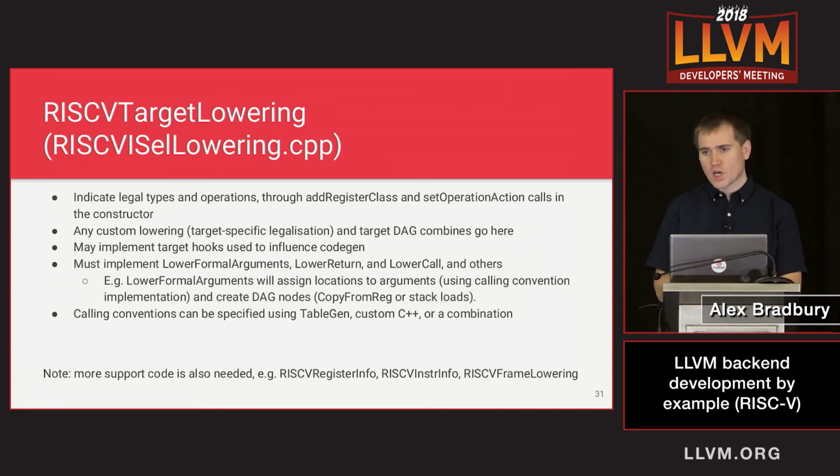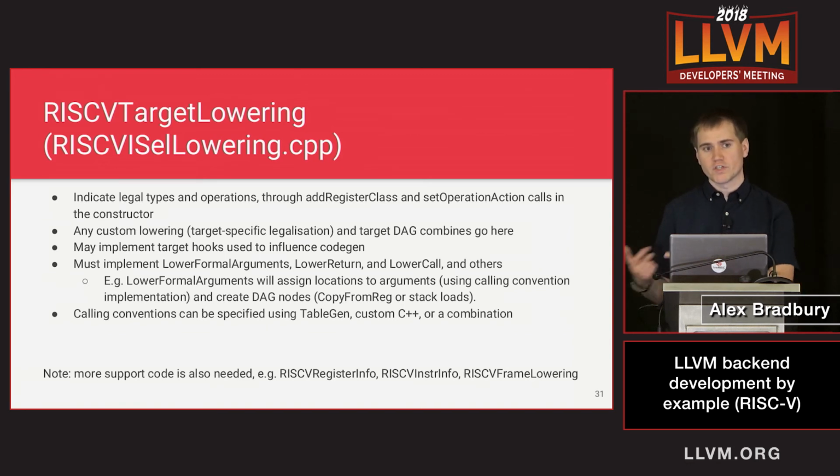There's extra code that you'll need to implement in your backend to handle the logic that you need. I mentioned that the SelectionDAG goes through these legalization phases, these combine phases. All of these work based on knowledge of your backend, and you need to imbue the target-independent code with knowledge of exactly which operations need to be expanded, which ones are legal, which ones aren't. You'll do that in RISCVISelLowering.cpp, your target's ISelLowering.cpp typically. In the constructor, that will do things such as register